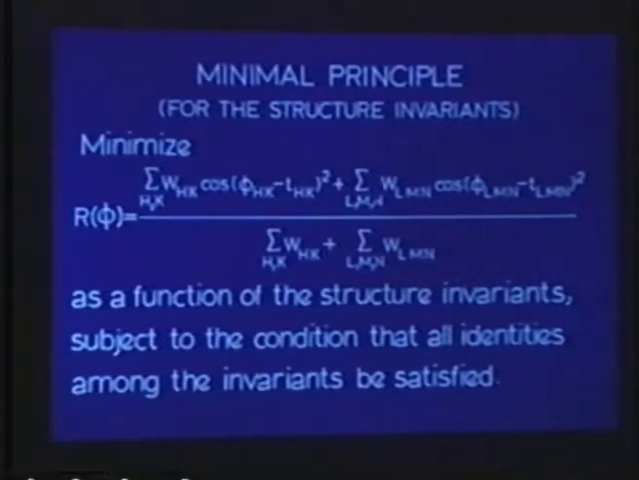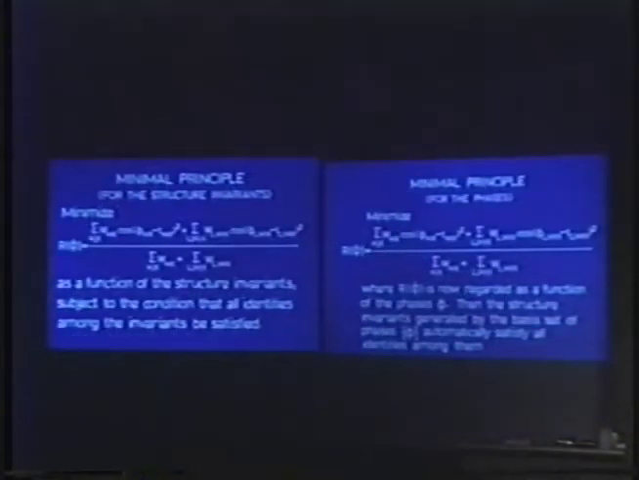For the structure invariants, the minimal principle simply says that we seek those values of the structure invariants for the triplets and the negative quartets that are the correct values for which this function of the invariants is a minimum, subject to the condition that all identities which of necessity must hold among the structure invariants do in fact hold. Now, as I've already indicated, even with a basis set of phases consisting of some 200 or 300, there are